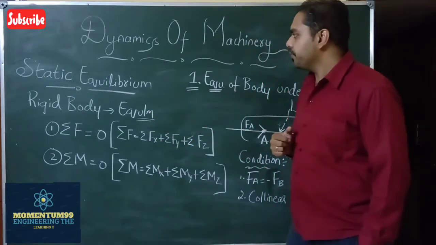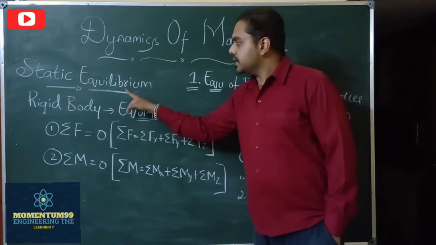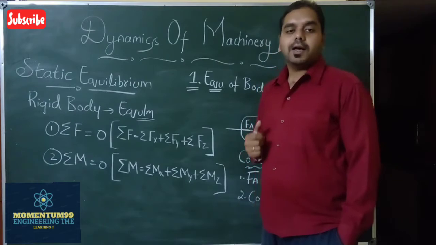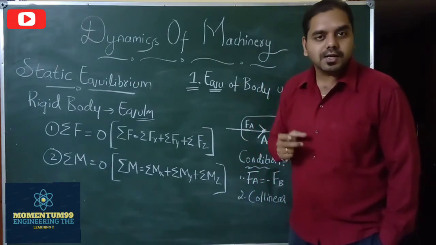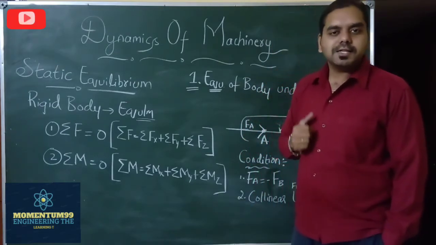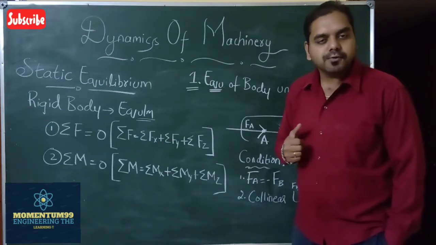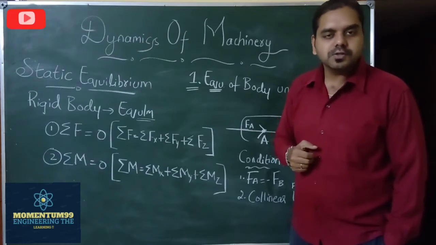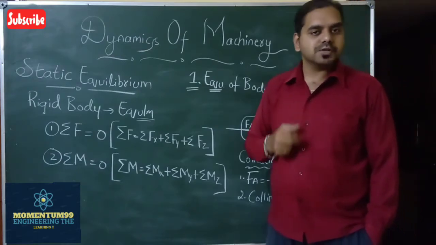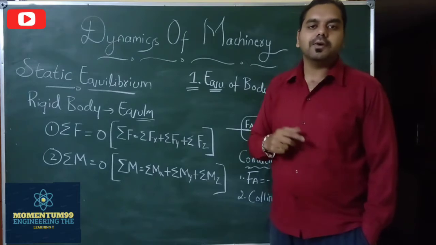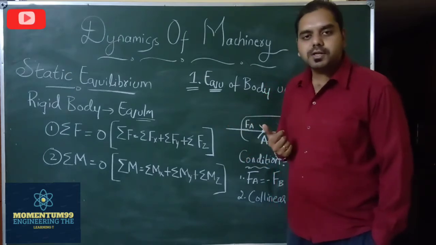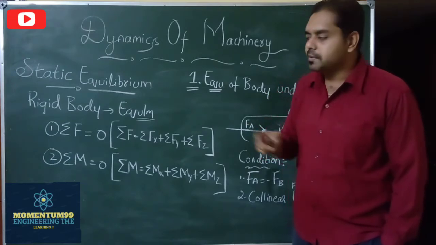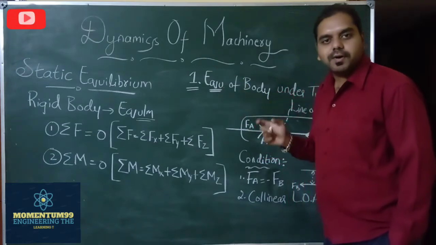Now if you look here, it is mentioned that we are considering the static equilibrium of rigid bodies. So what do we mean by rigid bodies? As we know, rigid bodies are those bodies which are capable of transmitting the required amount of motion and forces while undergoing negligible deformation. So whenever we want to transmit the required amount of motion from one link to another, we will make use of these rigid bodies, since they undergo very negligible deformation. So this is about the static equilibrium equations we learned in the previous video.